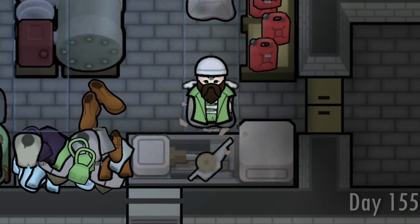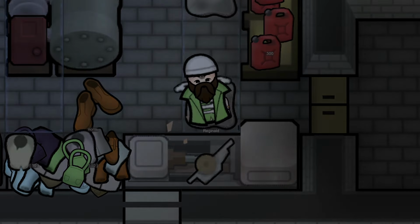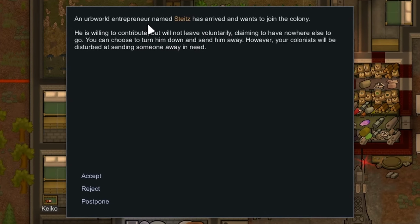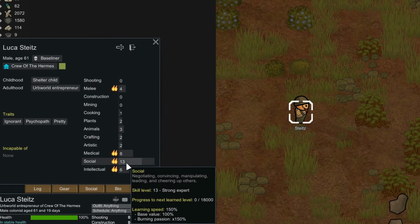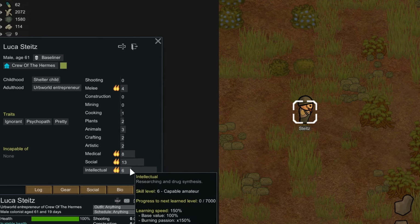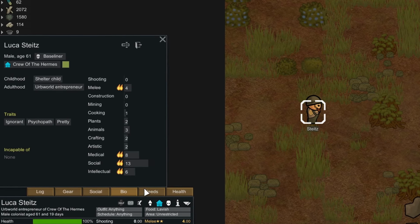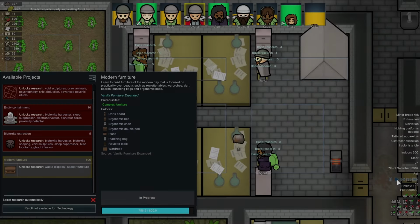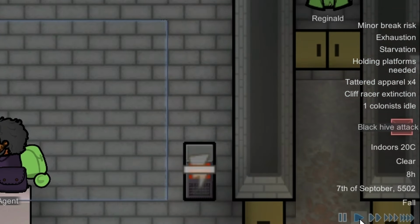With their research becoming more and more advanced, they knew they would need all the components they could get going forward. Then strangely, out of the blue, a human approached the base, someone that none of them recognized, a Rimworld entrepreneur. The colony found his story strange, but saw no reason to reject his proposal to join their colony, and so they accepted him with open arms, thankful to have another member on their team. Stites proved a useful member of the colony, but it wasn't long before the colony was tested once again, with